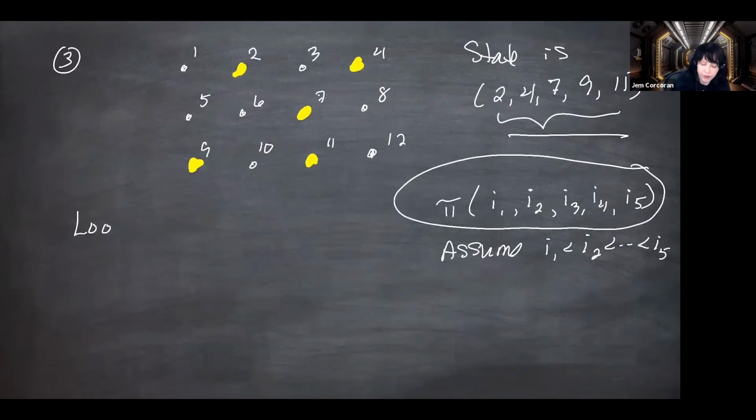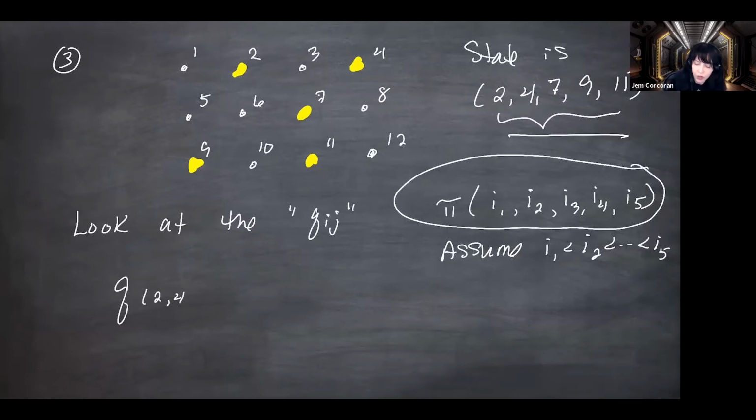So look at, I'm going to put this in quotes because it's not going to be how you write it, the Qij. The i and j are 5-dimensional. So if you have Q and we're starting at the state 2, 4, 7, 9, and 11, and you want the rate of moving to 1, 3, 7, 10, and 11,